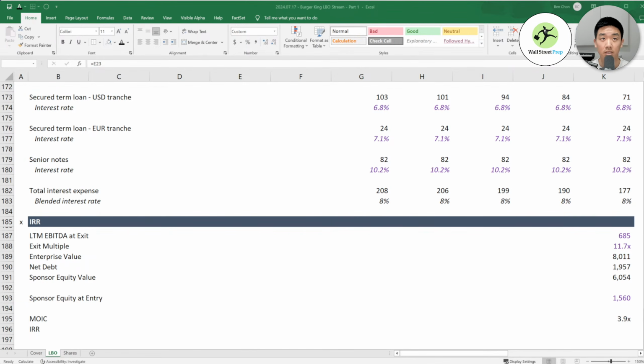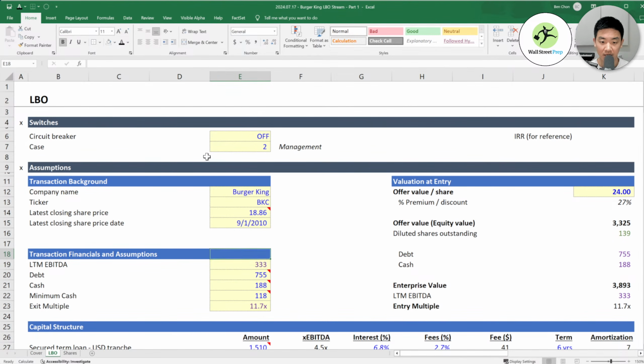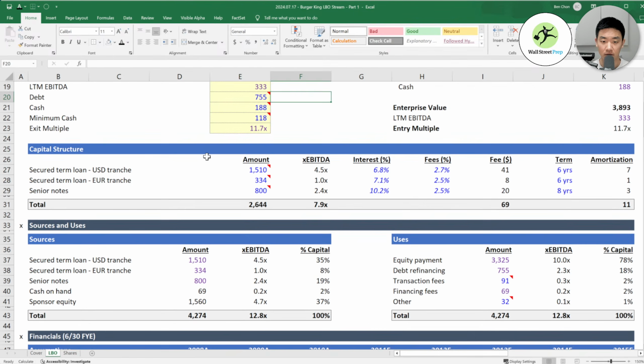Yeah, something's wrong with this model.